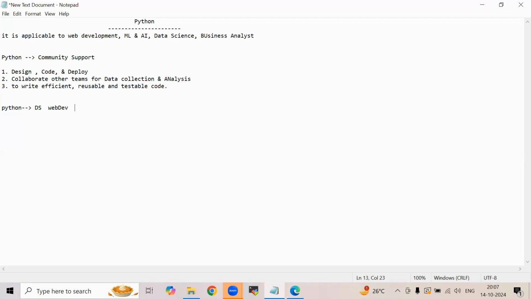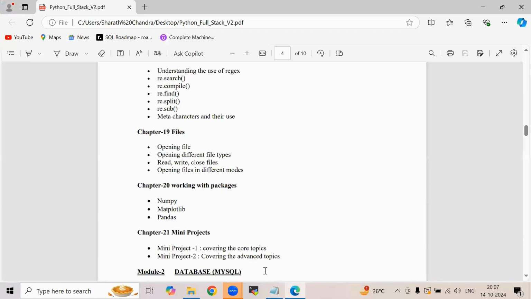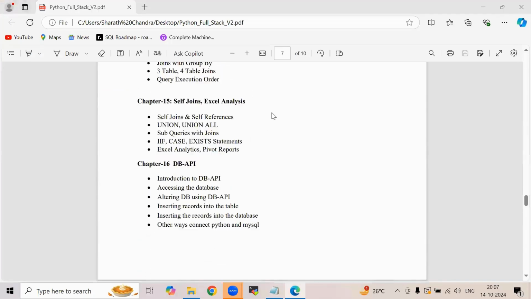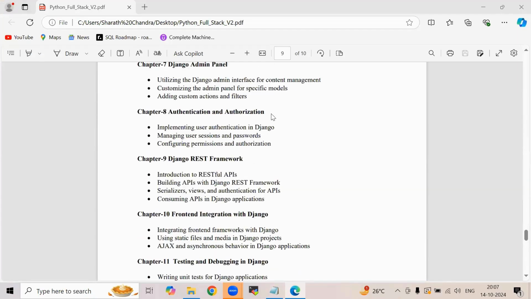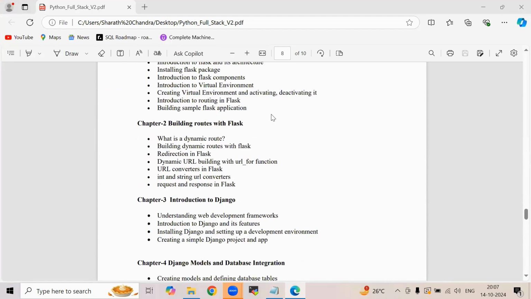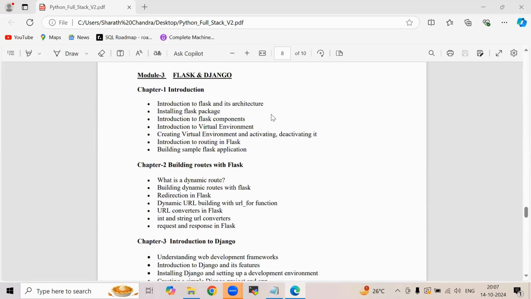Now, once you are good at the basics, I mean, once you are done with the core Python, then you can go to whatever stream you want to go. Okay, there the things will get different. Now, I'll just give you an example. See, I'm in Flask and Django. Now, let's suppose I'm in full stack development.